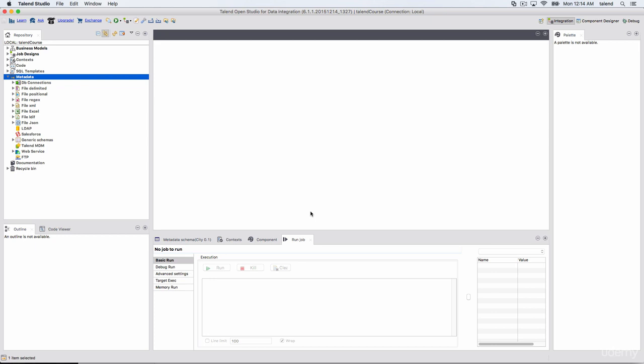And with that, when you are running your job on the command line, you can pass parameters to a job using the context variables. We will see how we will do all those things. We can set context variables in many places. We can set context variables in the code.